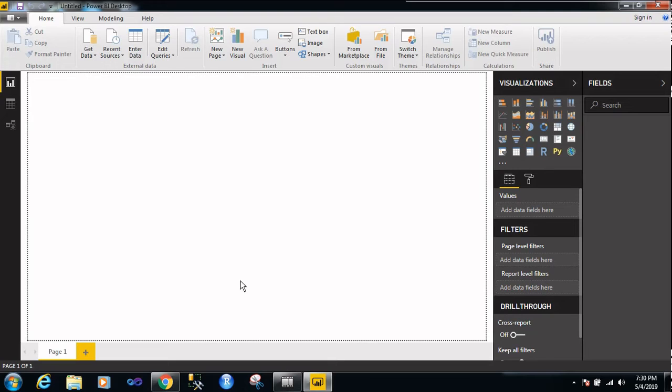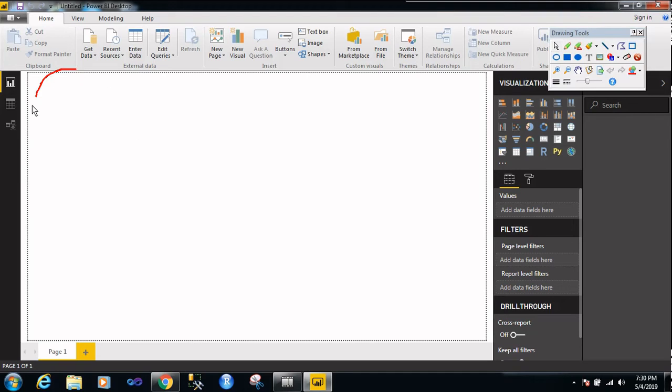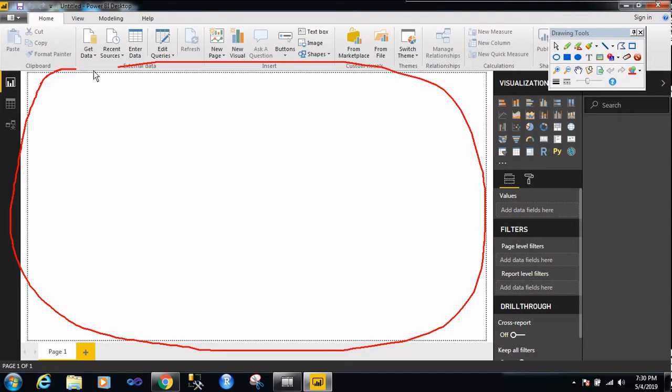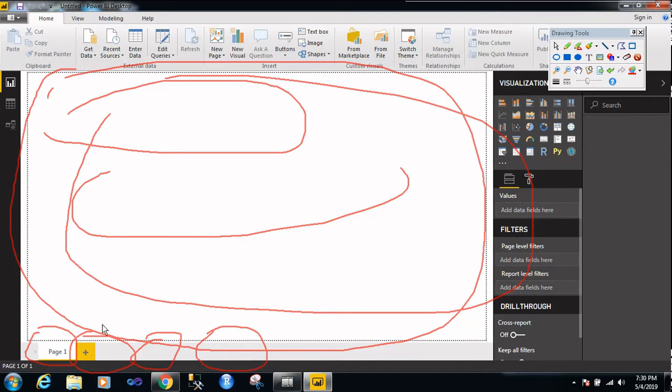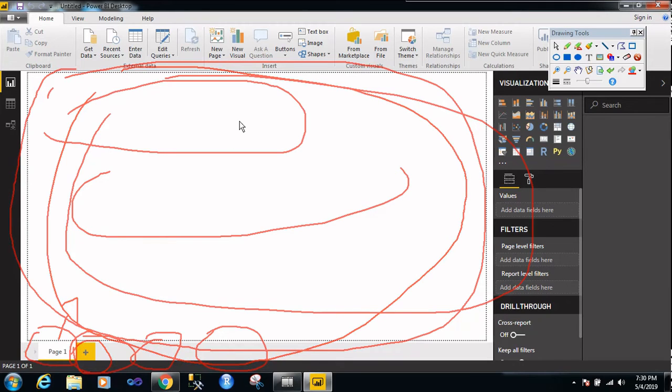So guys, this is the report pane, where you create the visualizations, all the reports. You can create multiple pages. A page is a collection of visualizations, and a report is a collection of pages. There can be multiple visualizations in one page, and a report can have multiple pages.